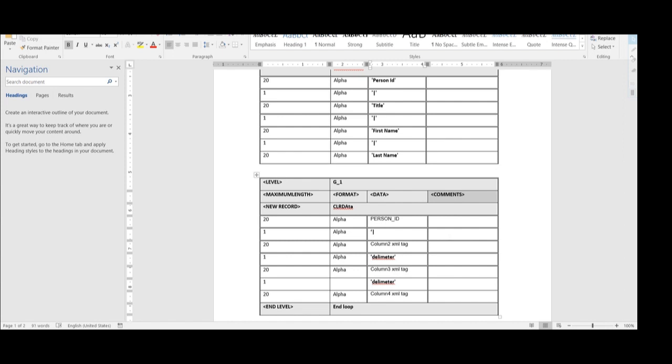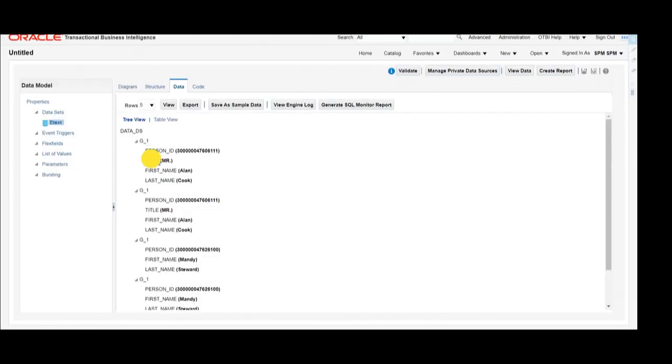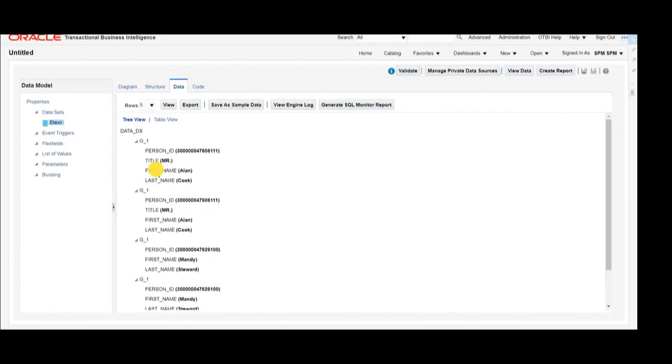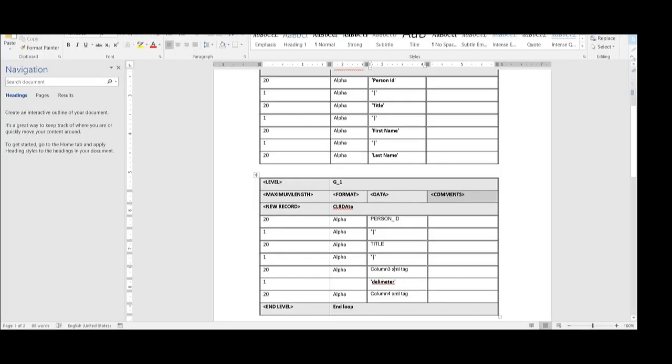Whenever you are writing the tag, please make sure not to include the single inverted comma. Tag should be without inverted commas. Then mention the second column tag, which is the title, then delimiter as pipe, then mention the column 3 XML tag which is the first underscore name. So we are mentioning here first underscore name, then delimiter which is the pipe,